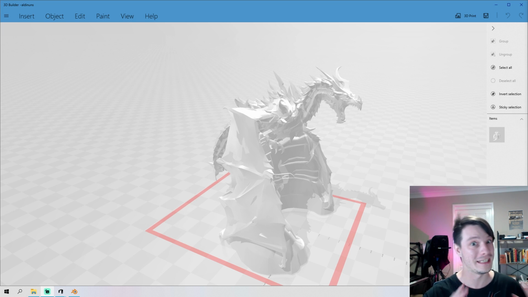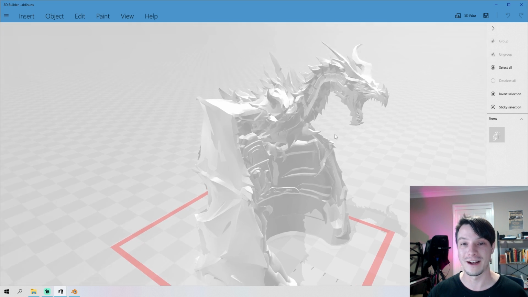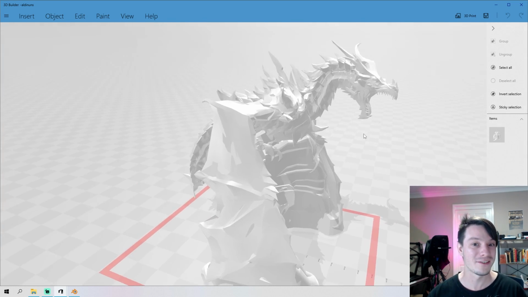One is really easy, and the other is incredibly difficult and needs 3D modeling skill. So I'm just going to show you the easy one first, because that's what most people are going to do. And here I have that Alduin model from the loading screen art. I've got it in 3D Builder, and the reason I have it here is I'm going to fix it before